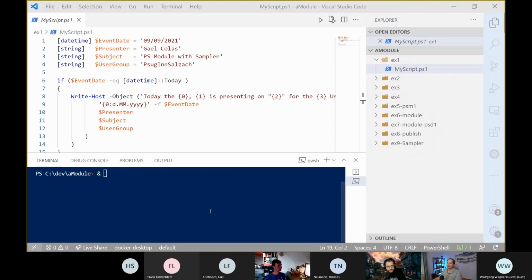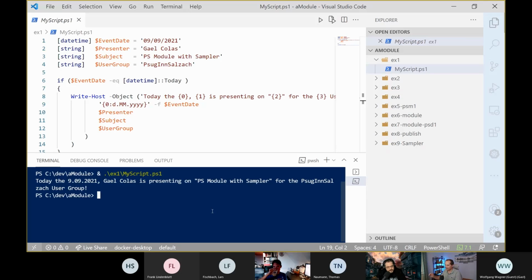So my script is X1, and then that's just the subfolder, and it's called my script PS1. Something simple. And what it does is, okay, today is this date. I think that's the way you format the dates in Germany. I think it's something like this. Yes. So there's different ways, but I wanted to show you because